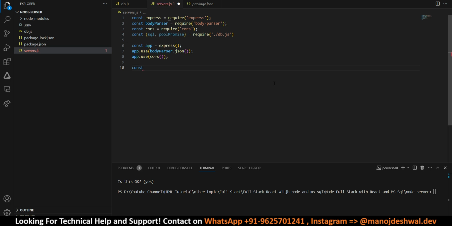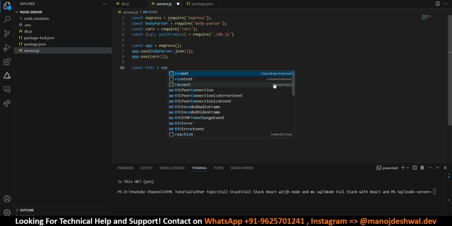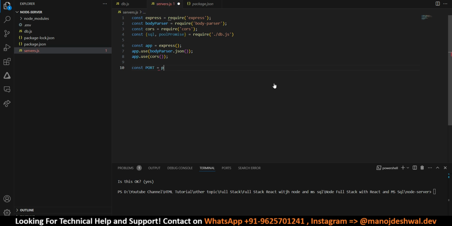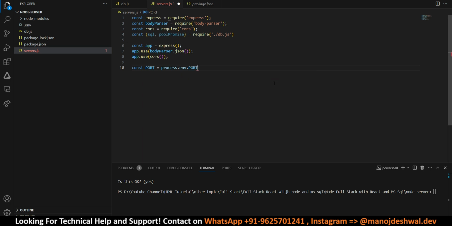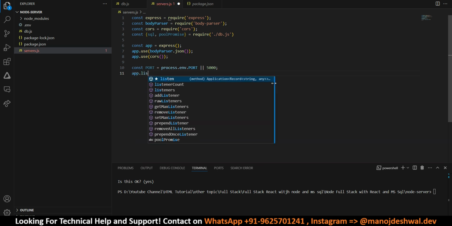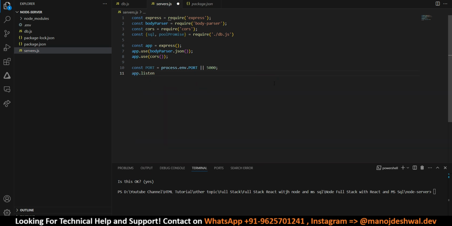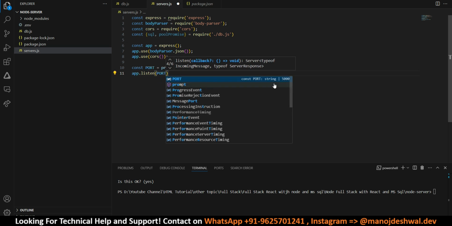So const port is equal to process.env.PORT or 5000. By default it will run on 5000, and app.listen. So we are enabling this port to listen to our requests. So port,